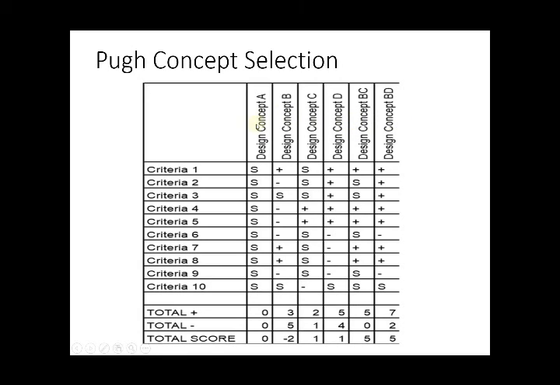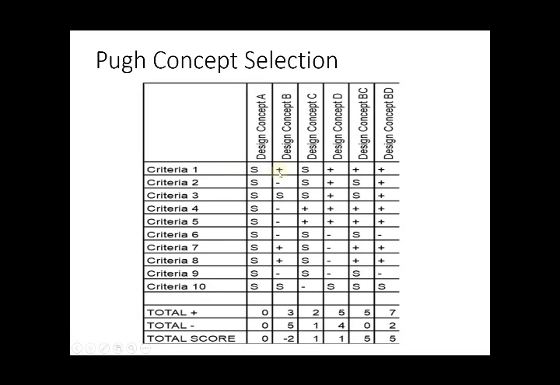are improved compared to this standard concept for each of the criteria, or whether it is inferior to this concept for these particular criteria. For example, we are considering design concept B. For the first criteria, when we compare design concept B with design concept A, the first criteria is improved for design concept B. So design concept B shows more improved results for criteria 1.